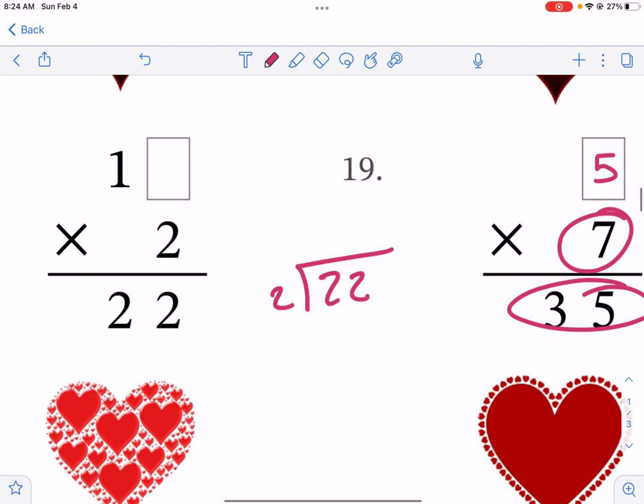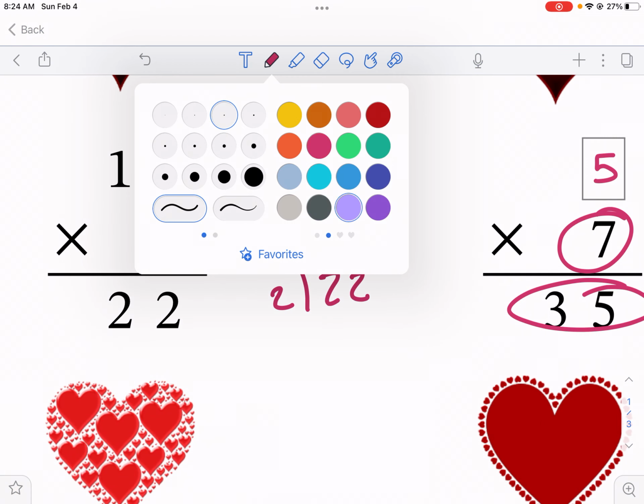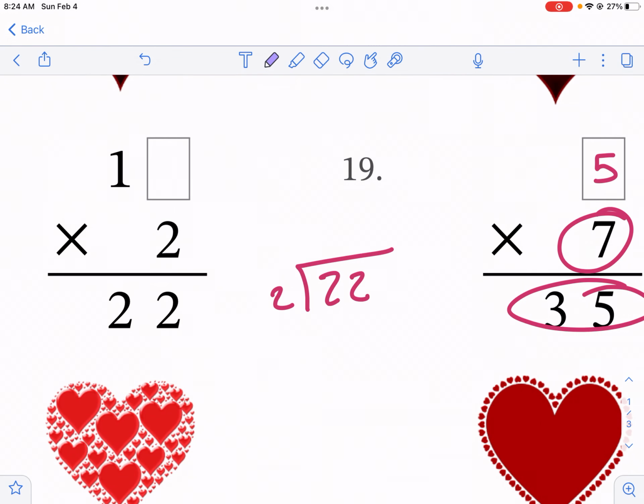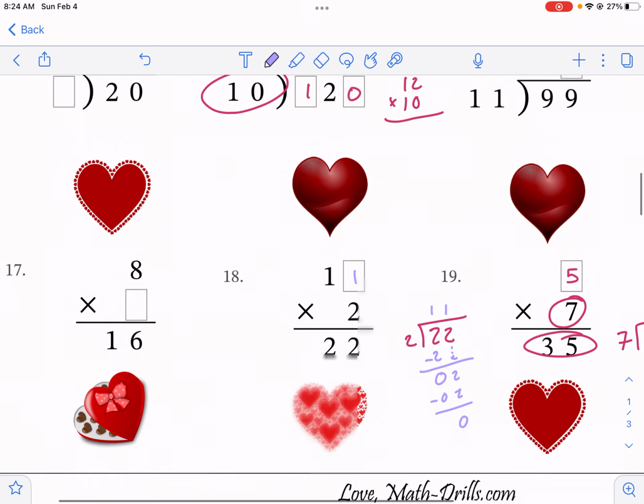And let me just show you quick division, and then I'll probably end the video soon. 2 goes into 2 one time, and that's 2. We can subtract that. We get 0 as a remainder, drop down the 2. 2 times what gives us 2, and that's 1. No remainder. Okay, so our answer is 11. We already had the 1. Okay,